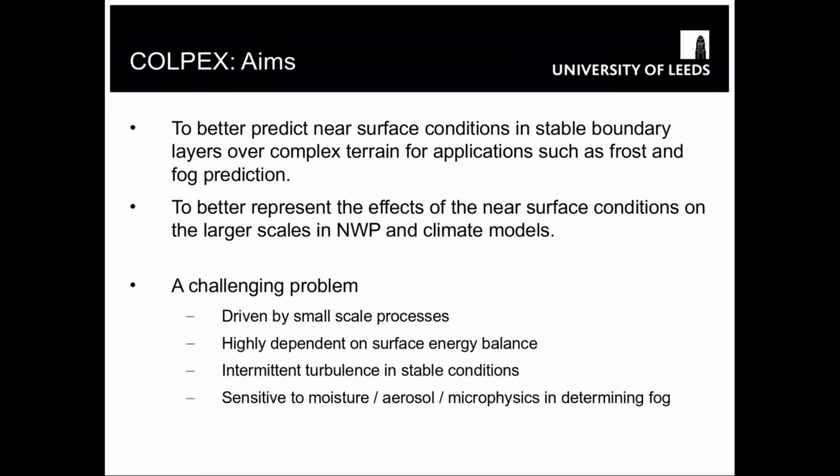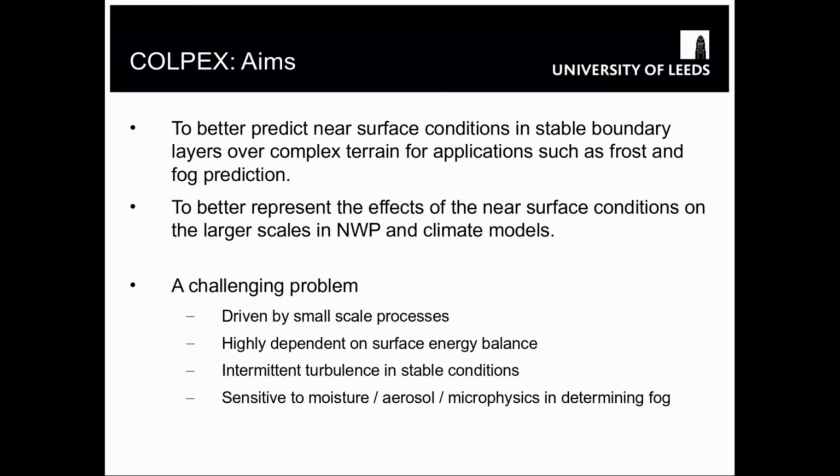So this is a pretty challenging forecasting problem, and there is a lot of interesting physics going on here, interactions between the fluid flow itself and various other processes. The COLPEX project I'm going to talk about largely today aimed to predict the near surface conditions in stable boundary layers better over complex terrain, for practical applications such as frost and fog prediction. So really improving the high resolution understanding of those processes and our ability to forecast them,